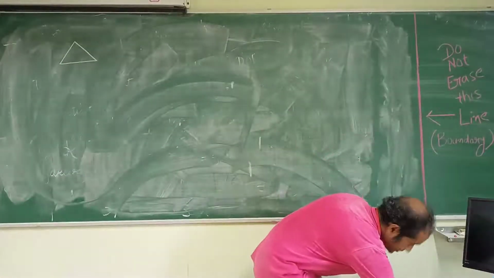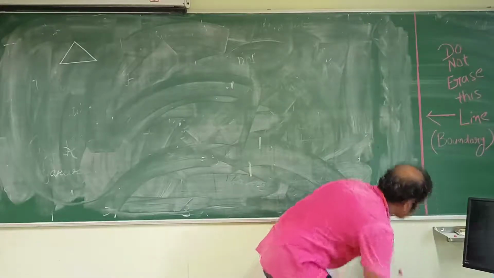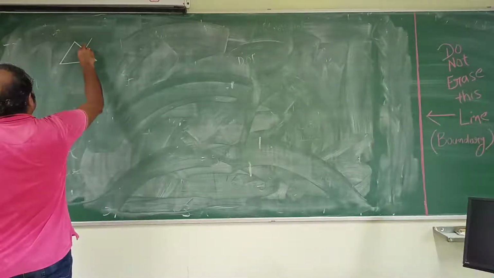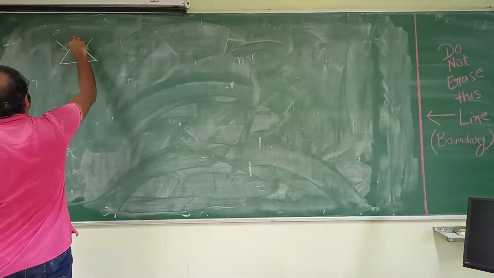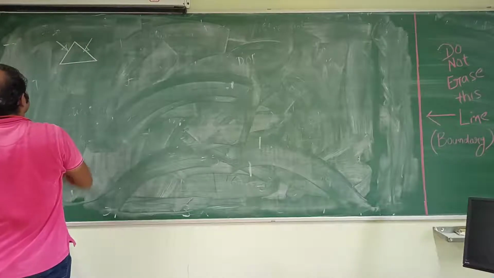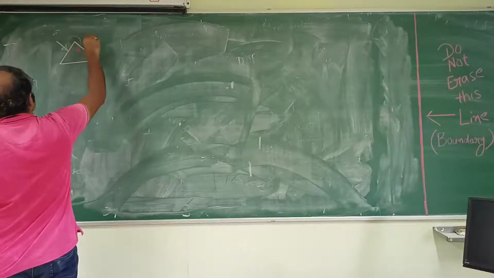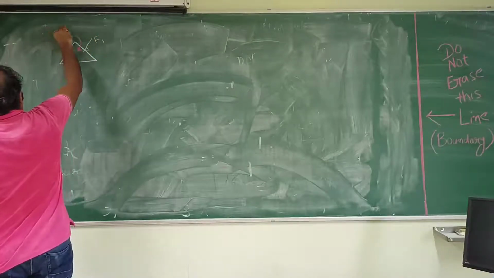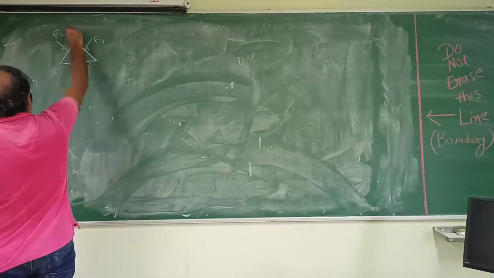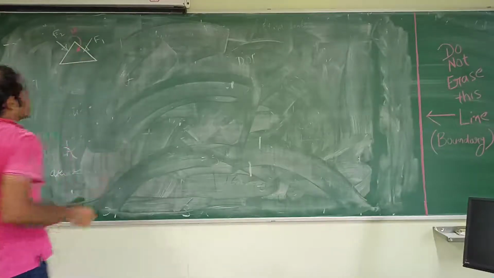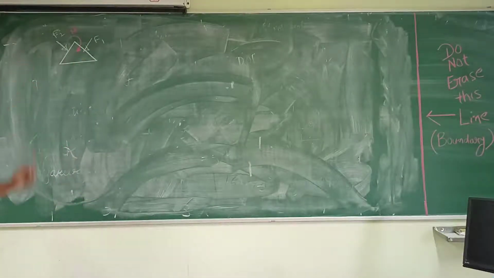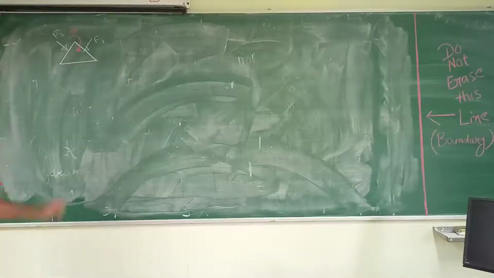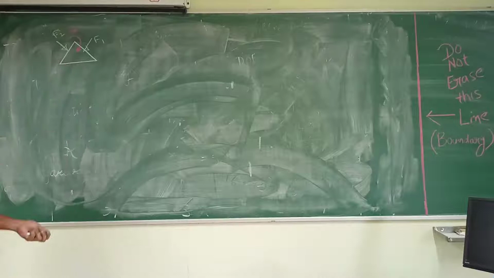Let the forces be of this kind, and let's say some moments are acting on it. Let's say this is force F1, F2, and this is the moment M1, like that. As such, if it is in a planar motion, you are going to get three possible motions.